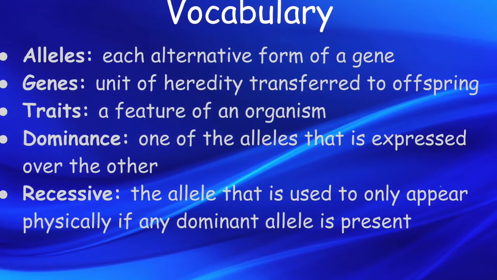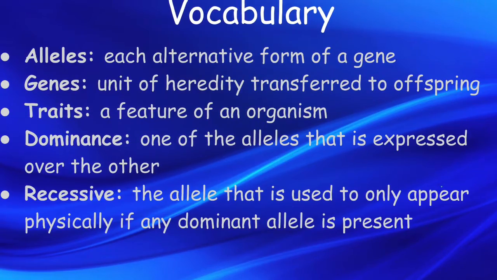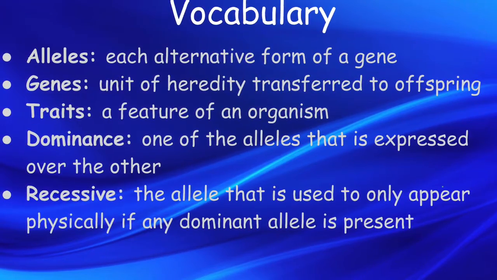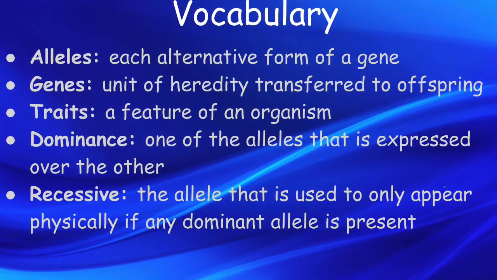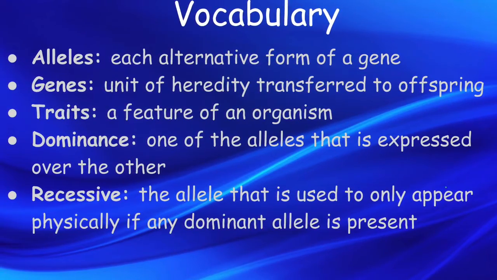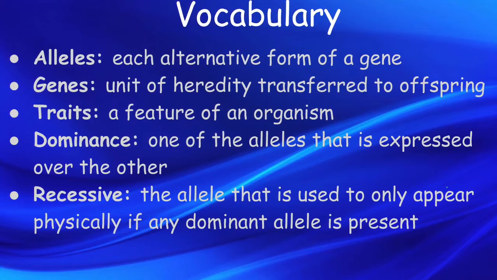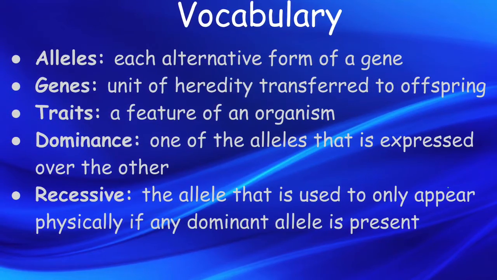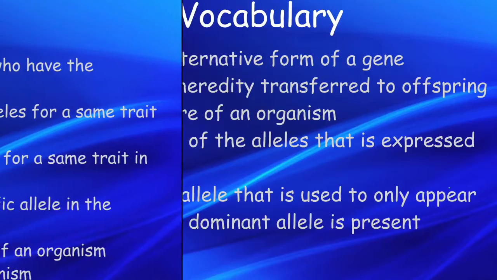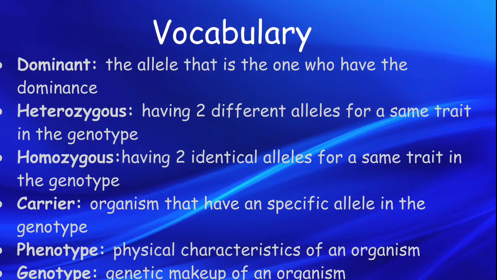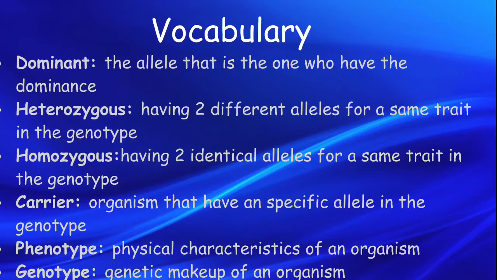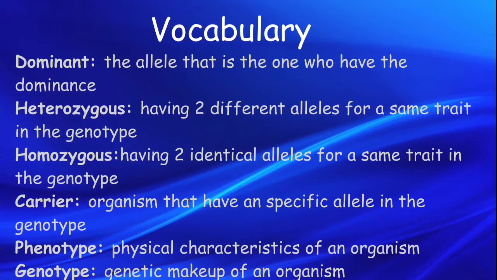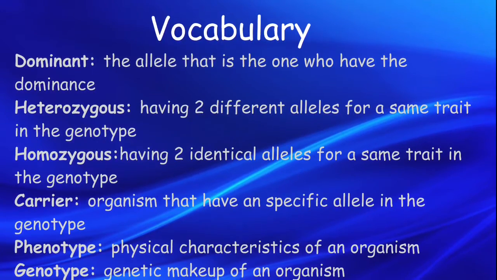Mendel's theory states that the allele that will be expressed will be the dominant one. This theory is called the dominance theory. So the recessive allele will only appear if there is no dominant, and the dominant allele will be the one expressed. So, talking about genetics and the genes,